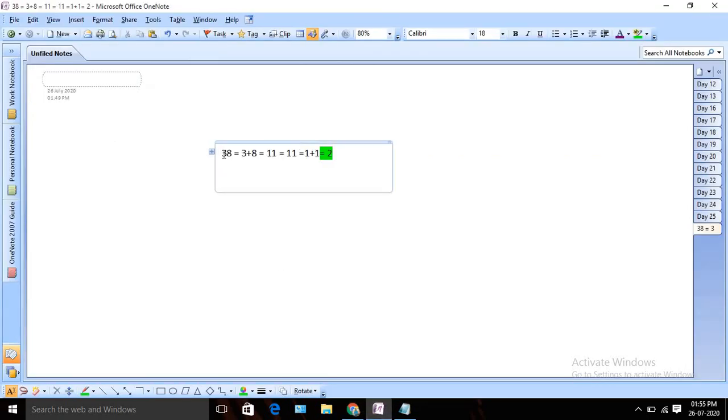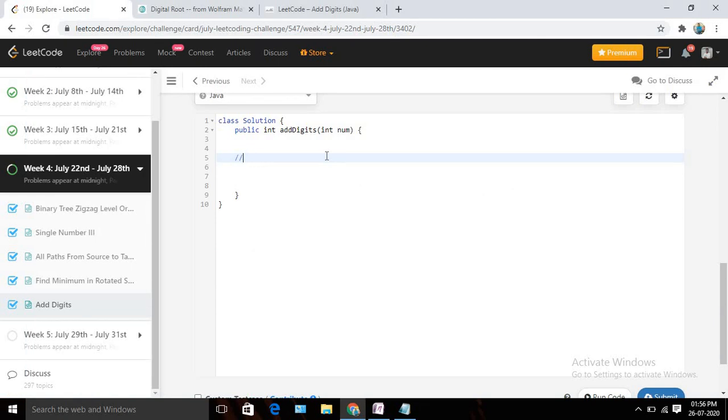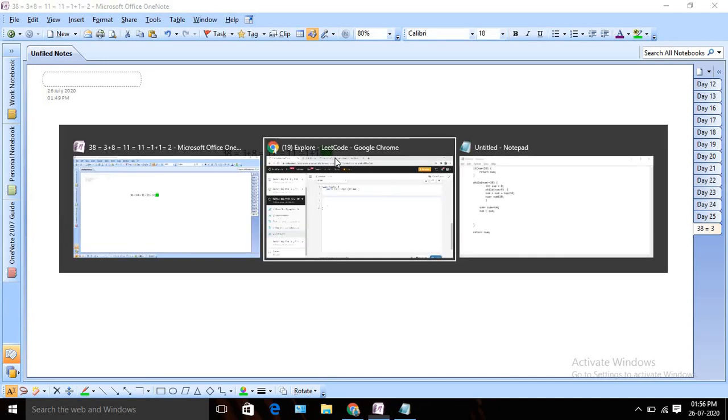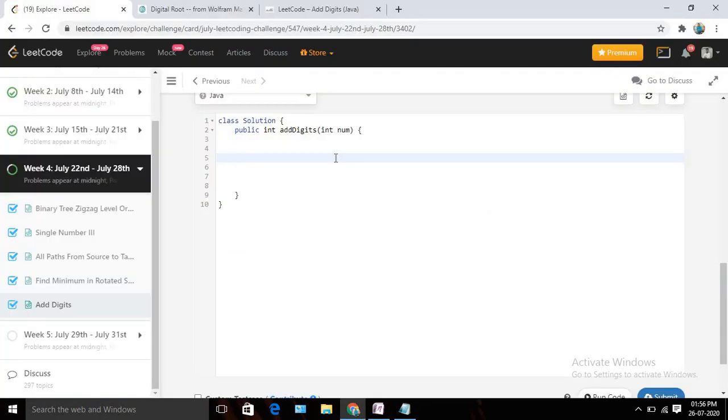We will take the number and take each and every digit, then sum those two digits, then check whether it's greater than 10. If it is still greater than 10, then I am going to break that number into multiple digits, and again calculate the sum. So let's write this naive logic first. Whatever we are doing on the paper or board, we are going to implement using code first, then we are going to improve our solution.